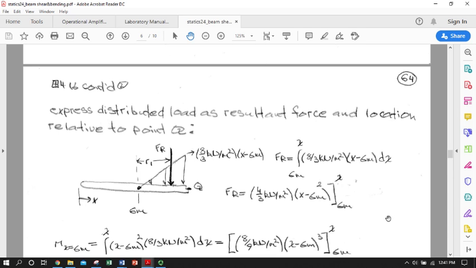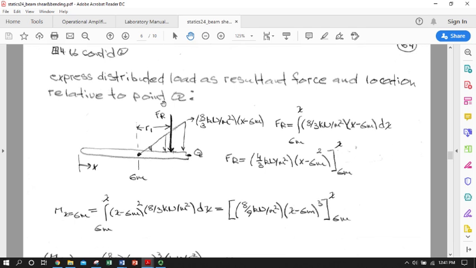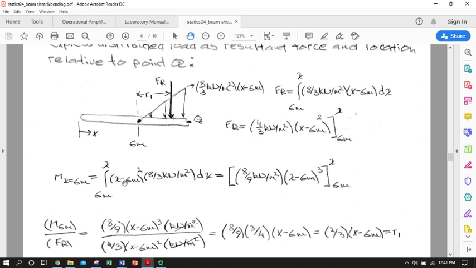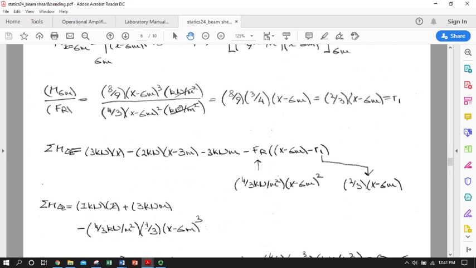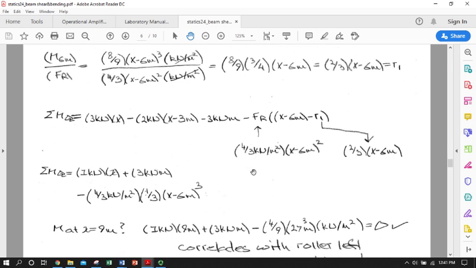So we can get an actual expression of the distributed load in terms of x, which we did when we were doing the hinge expression, at least a little bit. And we can get the moment due to that. Again, putting it at R1, continuing through,